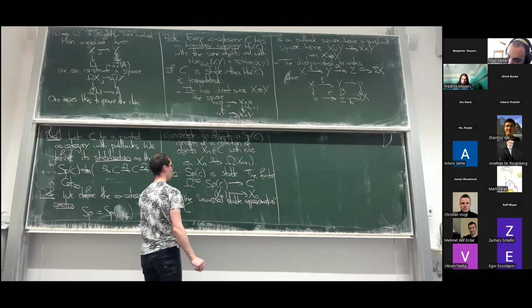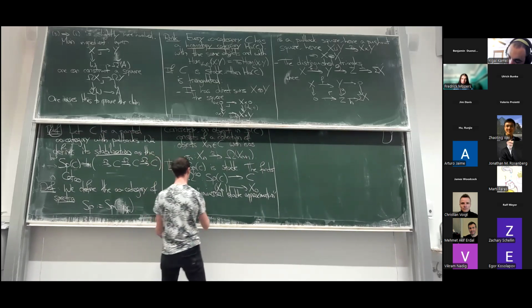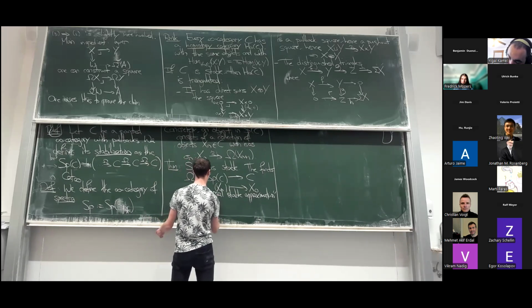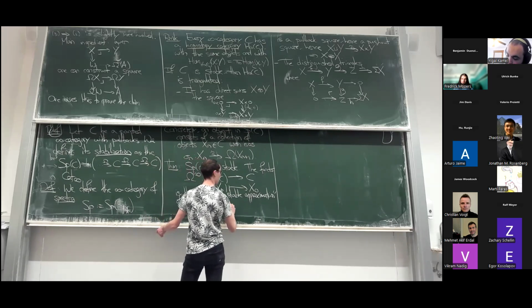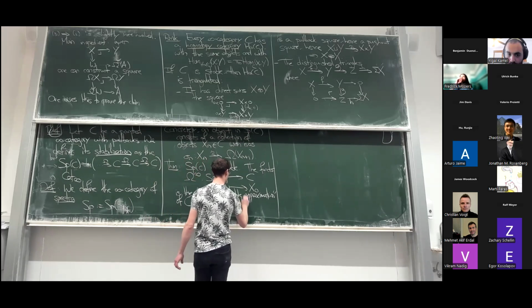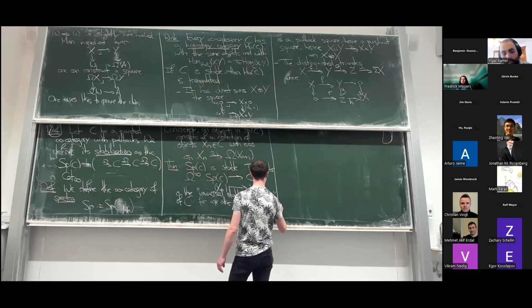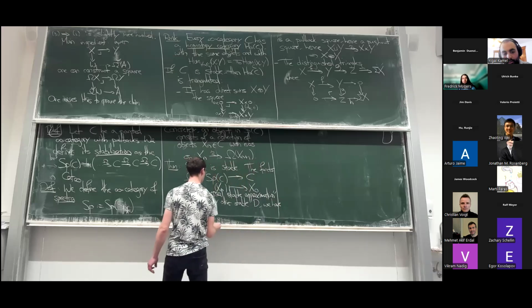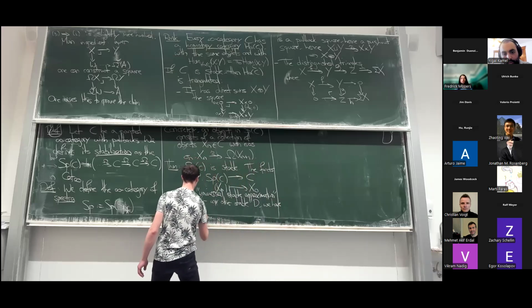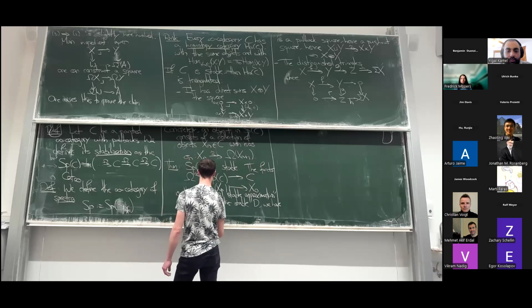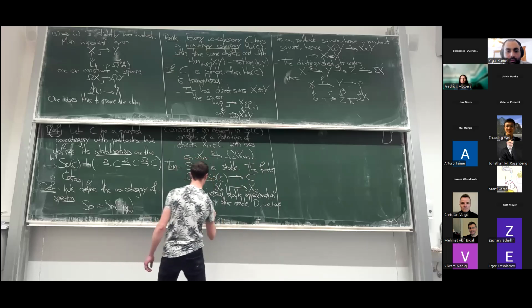It's sort of the universal way of turning C into a stable category. So for any other stable category T, stable infinity category, we get an equivalence between functors